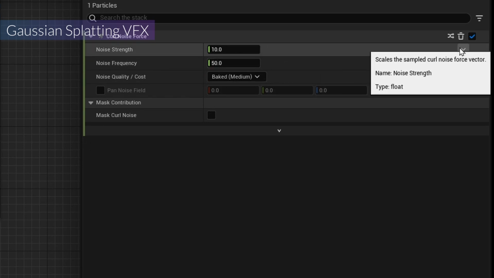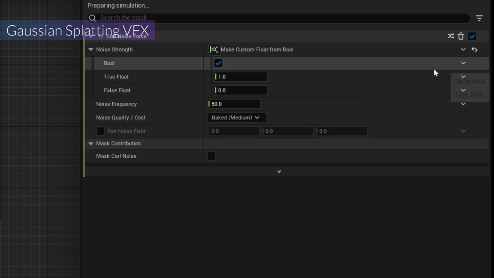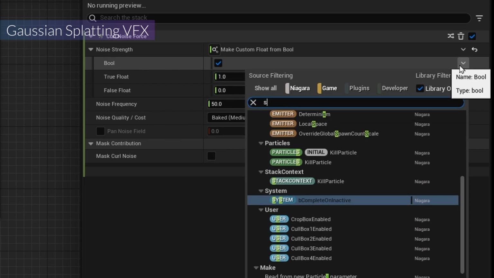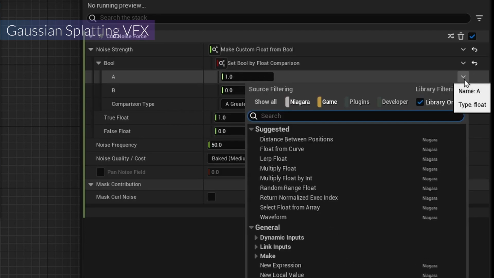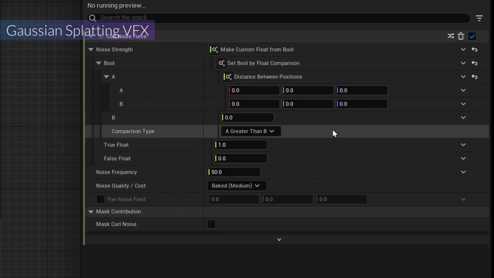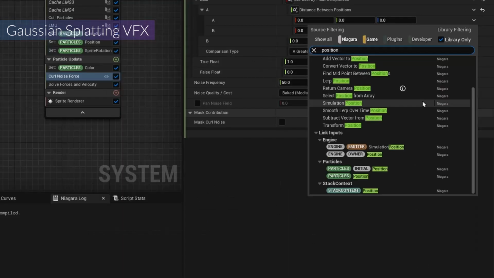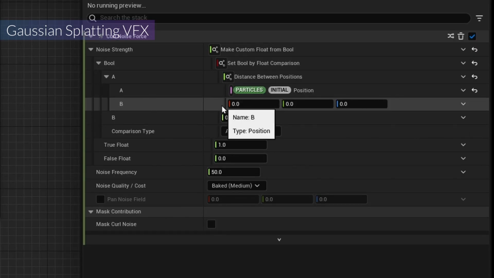So first I'm gonna make the blue, make custom float from blue, and in the blue I'm gonna set blue by float comparison, and then here I'm gonna get the distance between position, and here I'm gonna select the position, but position of the initial particle position, and B I can specify the location, but I want to change